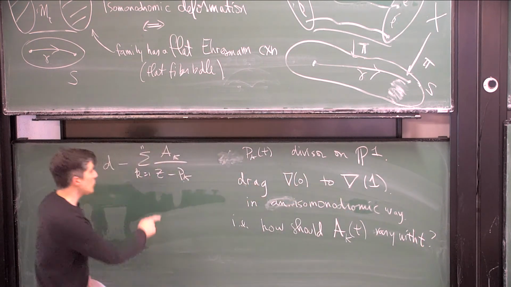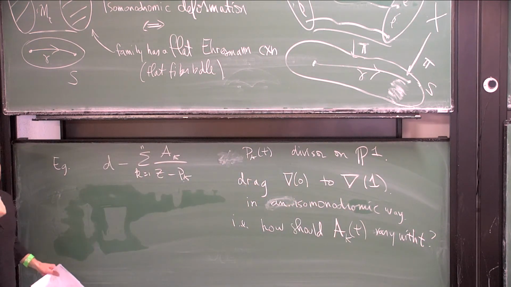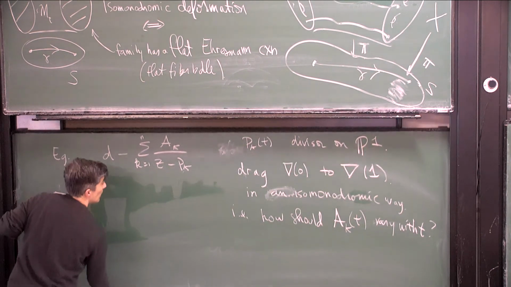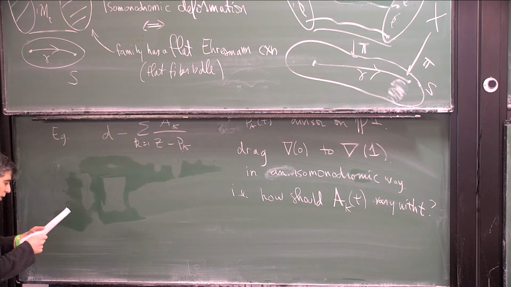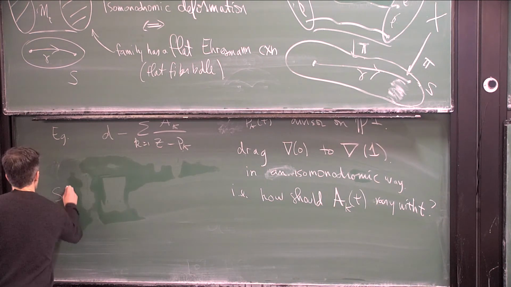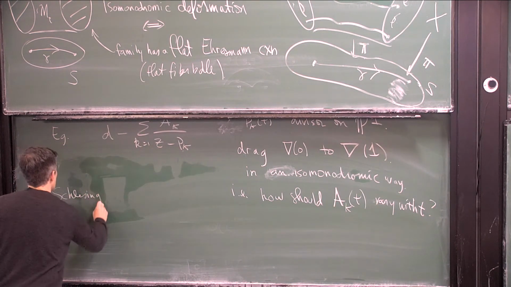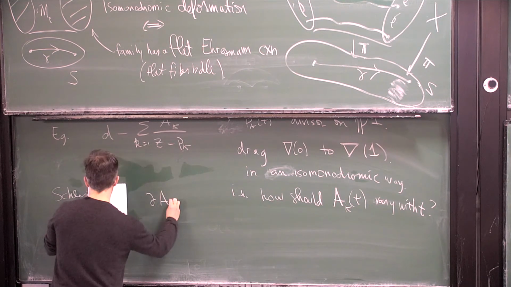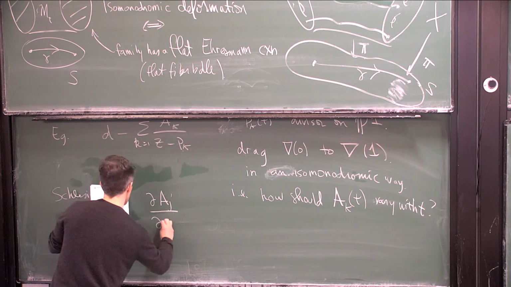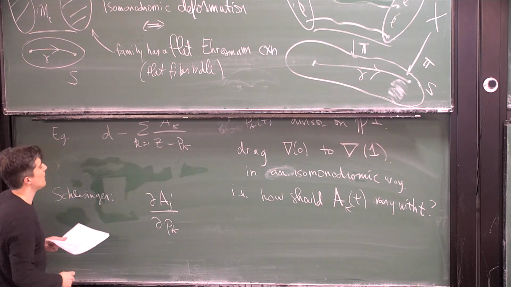Okay? And the solution to this question, the solution to the iso-monodromy problem, was found a long time ago, more than 100 years ago, by Schlesinger. So we get the Schlesinger system, okay, which is this. It says that the way that A_J should vary with respect to P_K, okay,